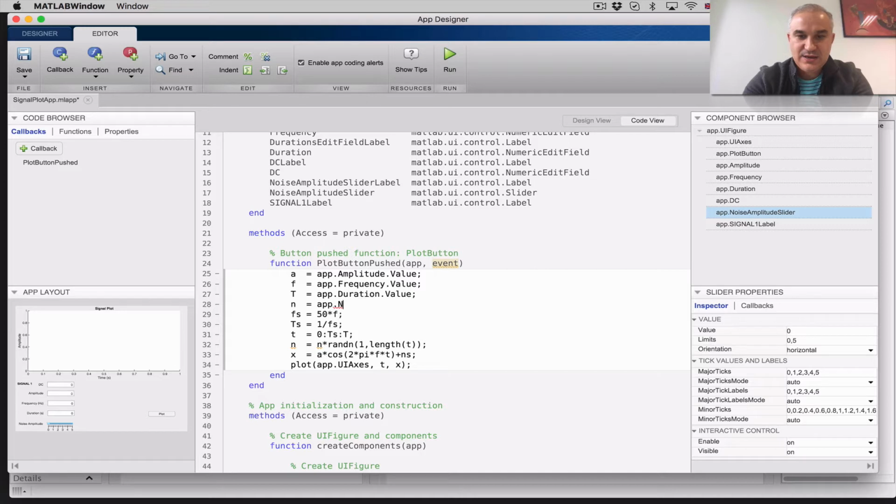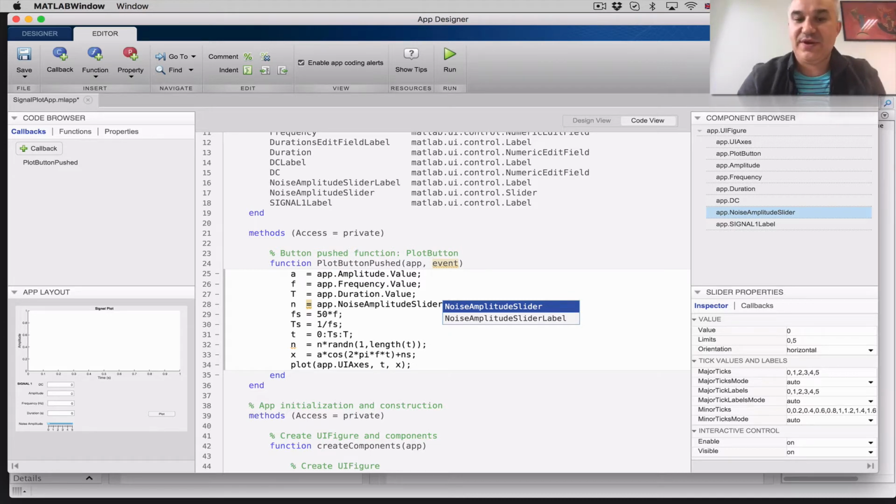So it's app, and you can press tab to autocomplete, noise amplitude slider. So there are two objects only in the front panel, right? The slider itself and the label. We refer to the slider, and now we are going to go to the properties. What are the properties that we have here? One of them is, of course, the value. So if I press V, autocomplete, it's going to say, okay, the value, right? So there we go. So this will enable us to,